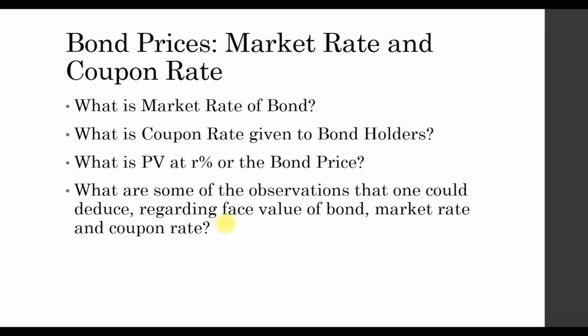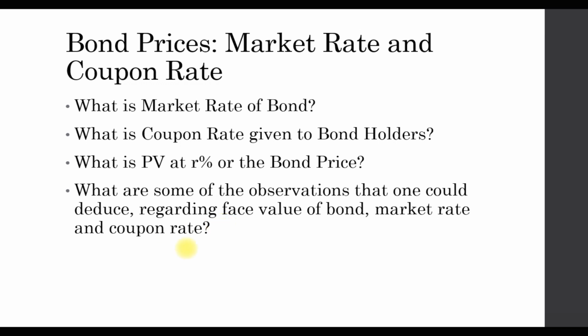So if the coupon rate is only 6% and the market rate is 8% or 9%, the market rate exceeds it. The bond value will be less than its face value, or the investor can buy the bond at a lesser price than its face value. Similarly, when the market rate is lower than the coupon rate, the bond value is more than its face value, or the investor must buy the bond at a higher price than its face value.